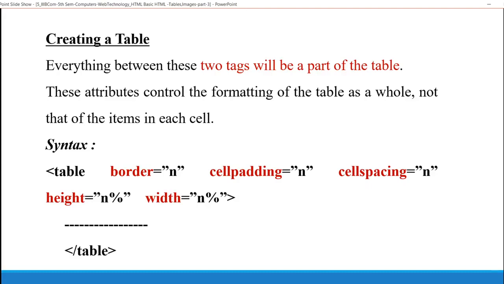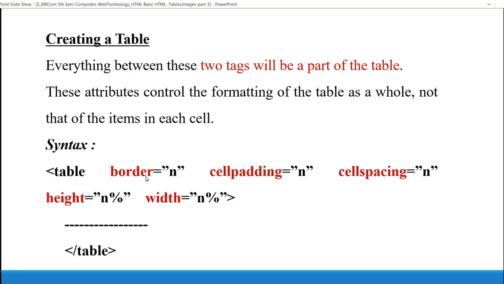These attributes control the formatting of the table as a whole, not that of the items in each cell. Attributes that are used in a table tag are border, cellpadding, cellspacing, height, width. Here if you see the syntax, open table tag, attributes are specified in the opening tag.